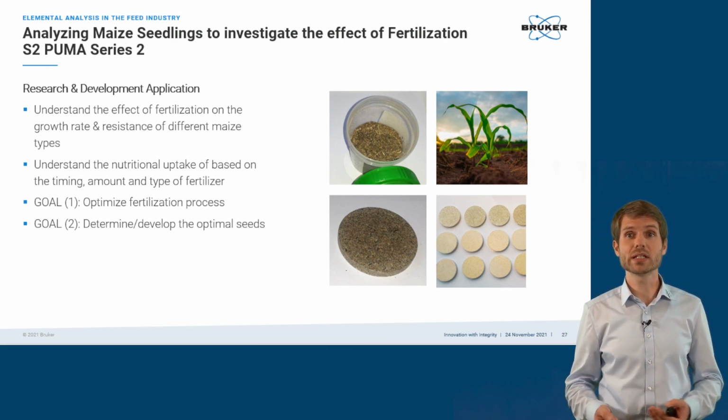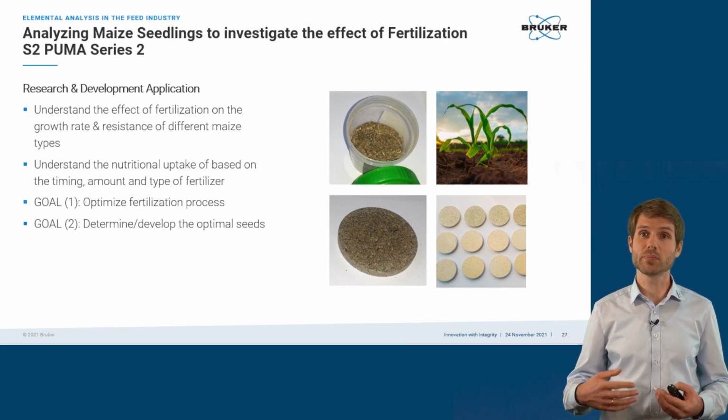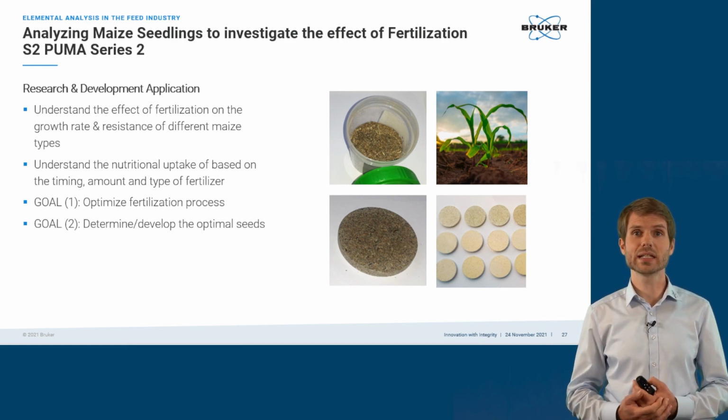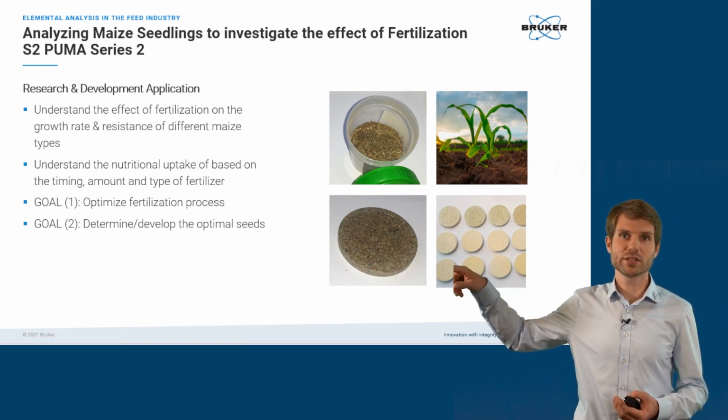And what we did here is we essentially took a set of their samples to show you how to measure this material as well. Here you see on the center, images